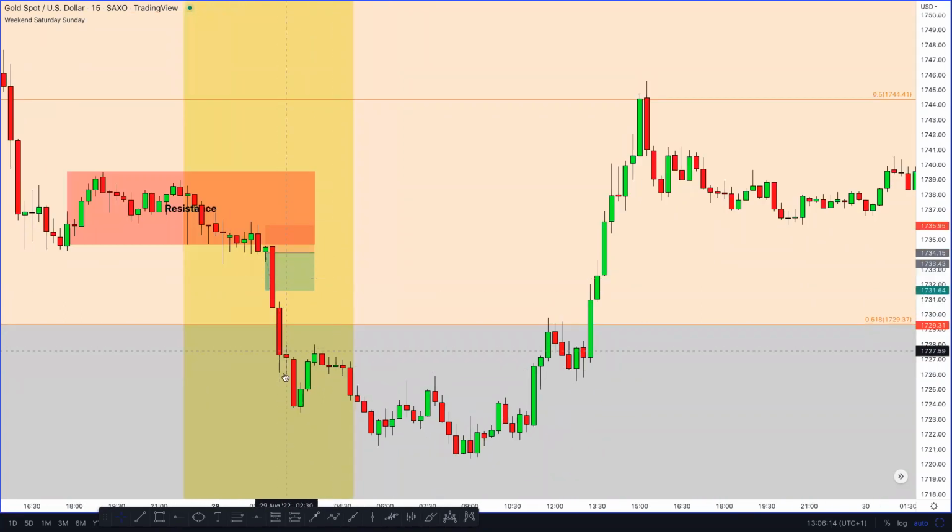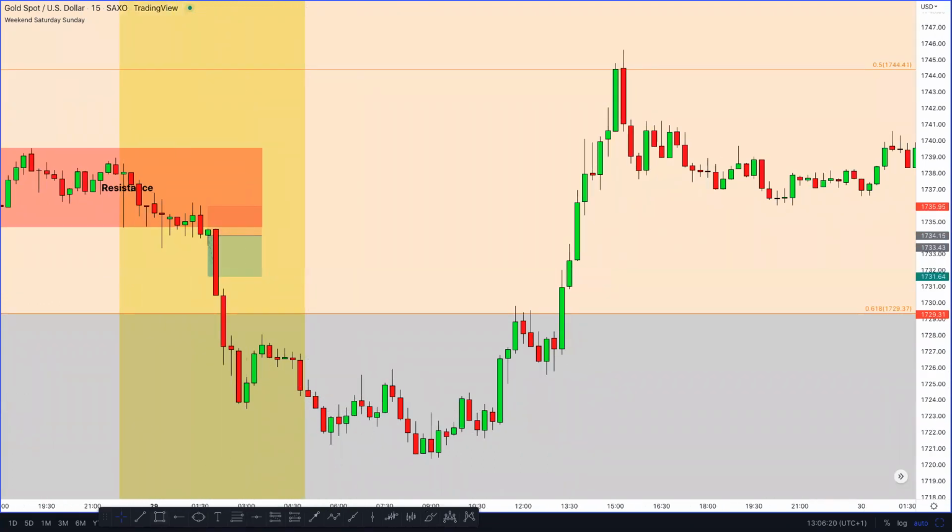Now, once we can see the market has come all the way down to this level here, once the breakout has occurred, you need to wait for the next swing high and swing low. So what you want to do now is, again, we can see here the market has pushed down. There's a swing low here.